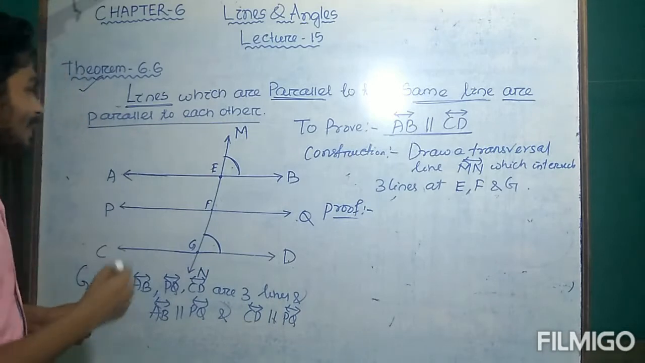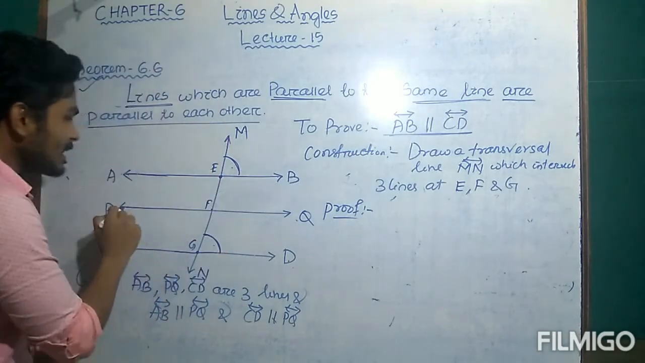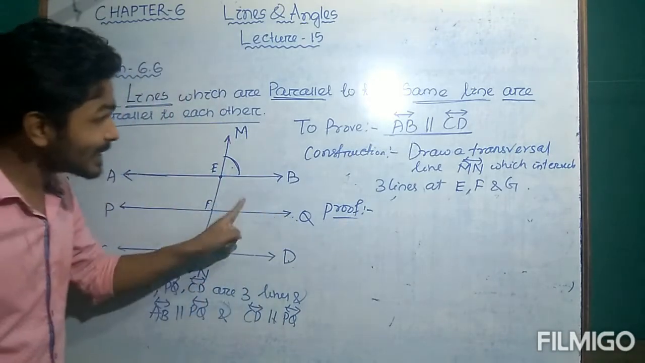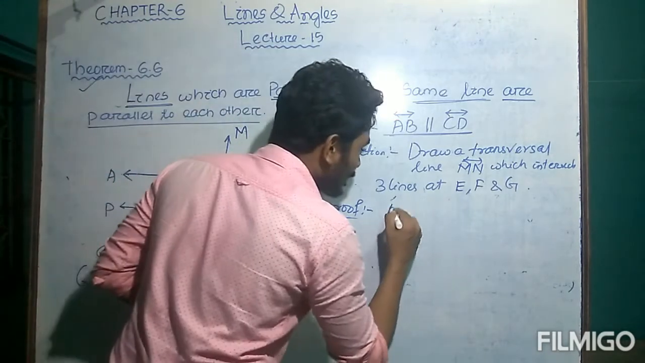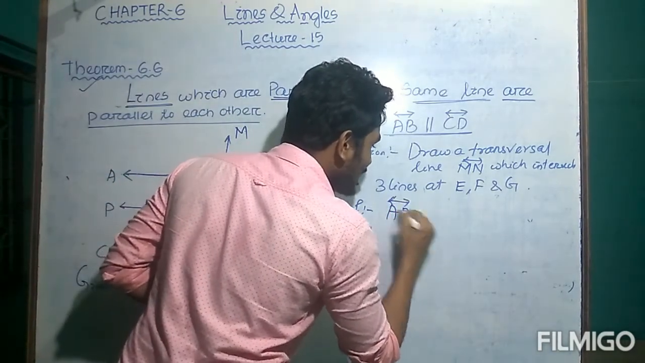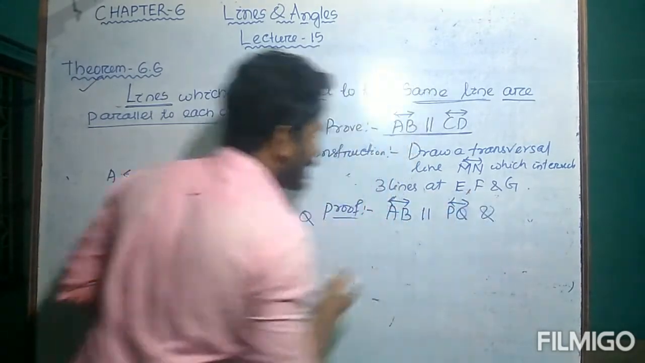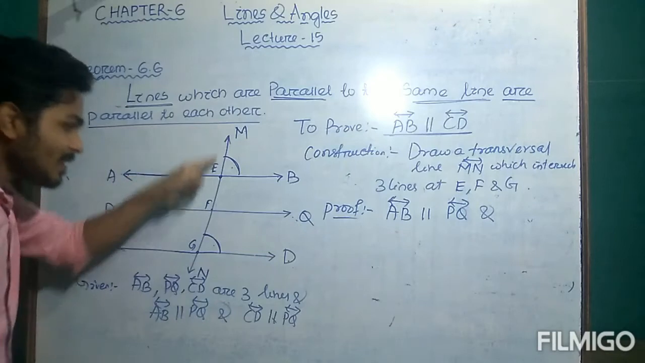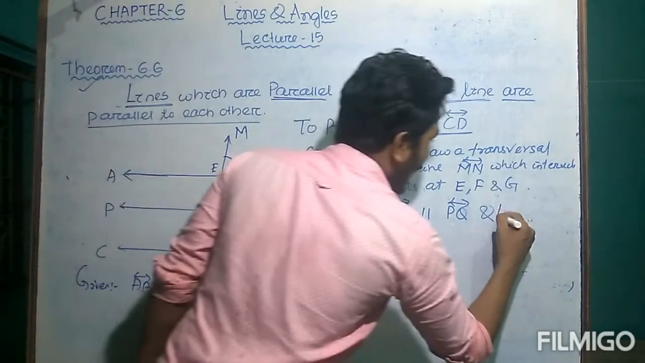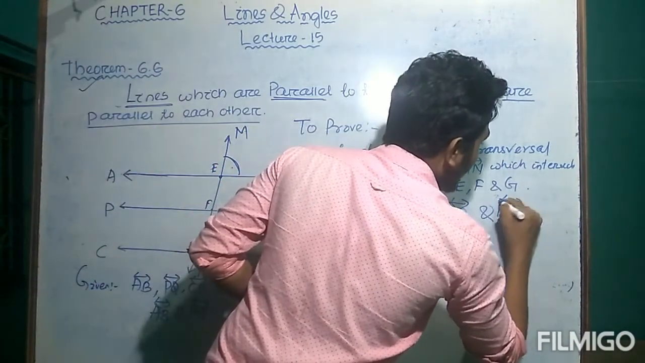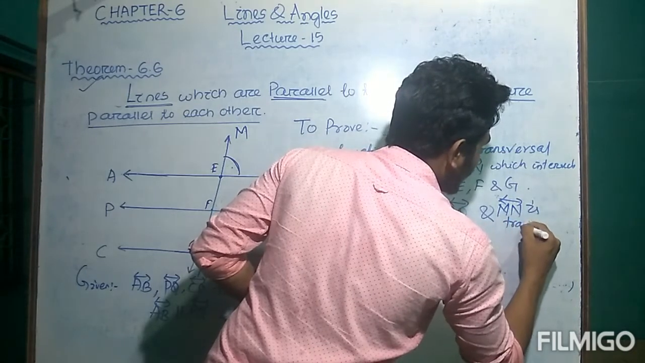Now, since it is given that the line AB is parallel to the line PQ, and MN is a transversal line,